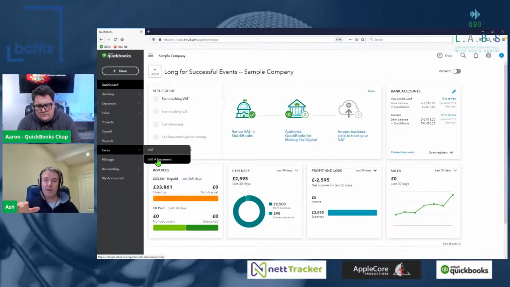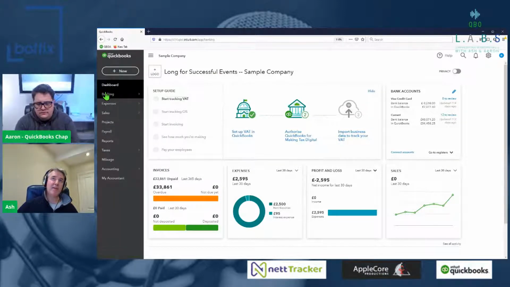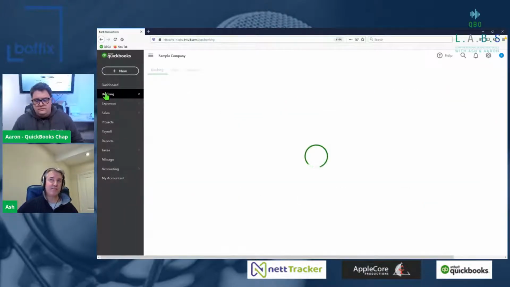Now, Len's saying there that basically there's no data coming through at all. And Aaron spotted this a few weeks ago, in fact. One of the requirements before any data comes through is that you must either link your bank account to QuickBooks, or if you can't link your bank, you must at the very least have a bank upload. So if I was to go to banking here, in this sample company, we've got bank links.